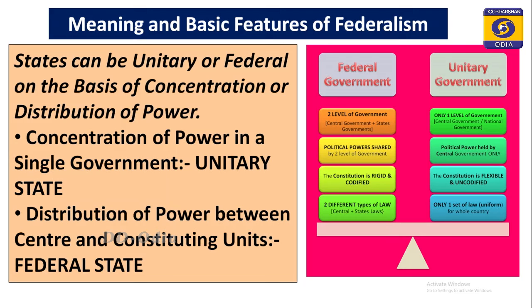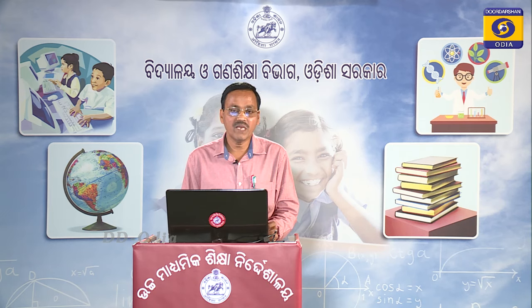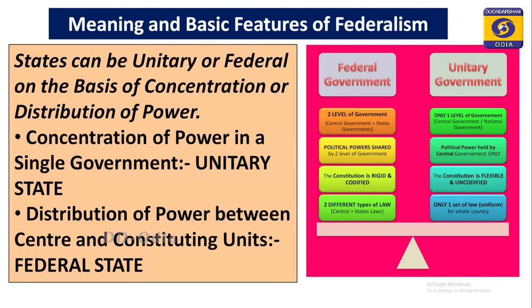So far as the unitary state is concerned, on the basis of concentration and distribution of powers, we can divide governments into either a federal form of government or a unitary form of government. In a unitary form of government there is a single central government,